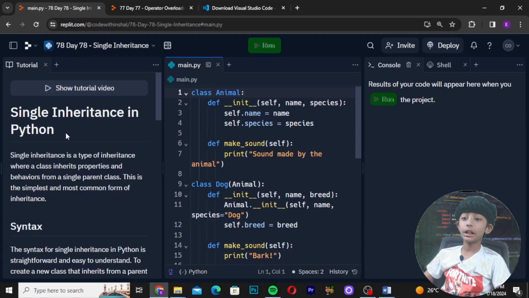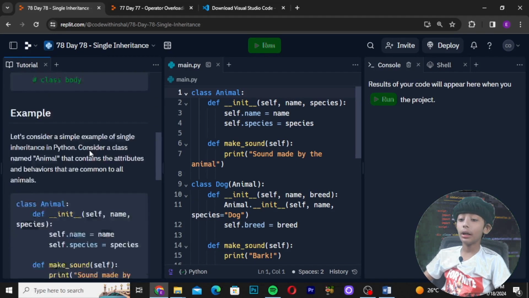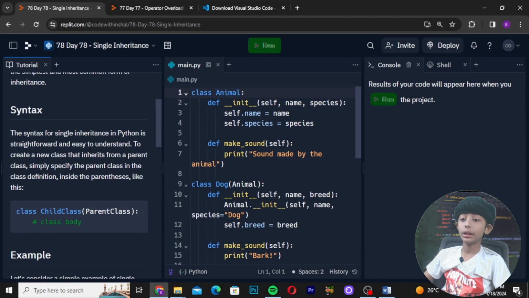So let's get started. In this class, we are learning about single inheritance in Python. Single inheritance is a type of inheritance where a class inherits properties and behaviors from a single parent class. This is the simplest and most common form of inheritance. The syntax for inheritance in Python is straightforward and easy to understand. To create a new class that inherits from a parent class, simply specify the parent class in the class definition